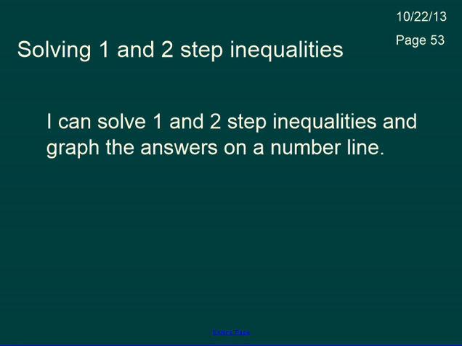Alright, guys, today's topic is solving 1- and 2-step inequalities. At this point, you've had quite a bit of experience solving 1- and 2-step equations, and solving inequalities is very similar. So our heading is solving 1- and 2-step inequalities. Page number, you should be on page 53. The date is October 22nd, and your objective is I can solve 1- and 2-step inequalities and graph the answers